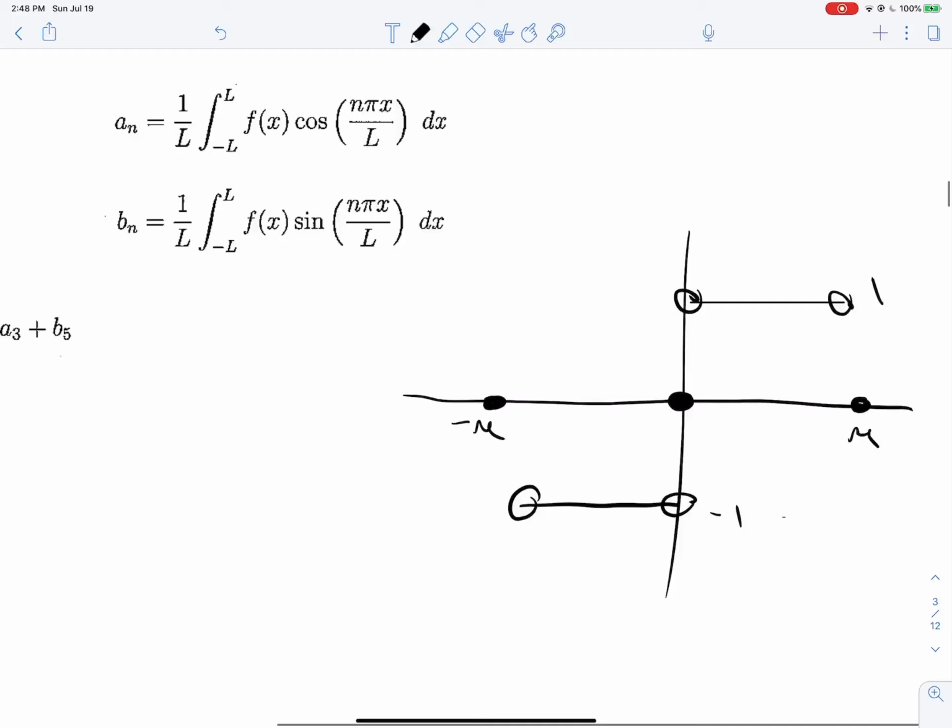Is this a special kind of function? Is it either an odd or an even function? Well, an even function is one that if we took